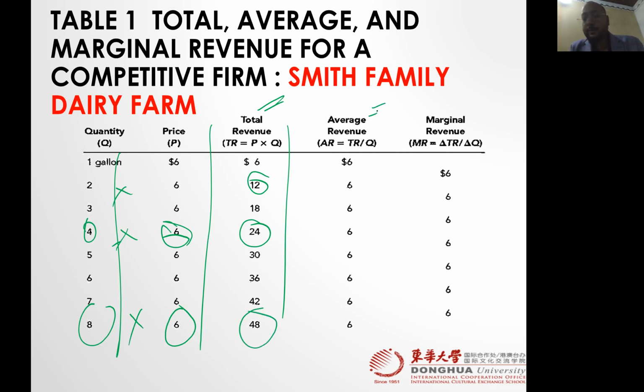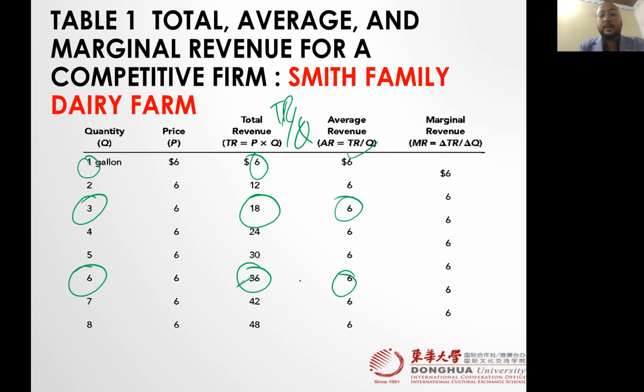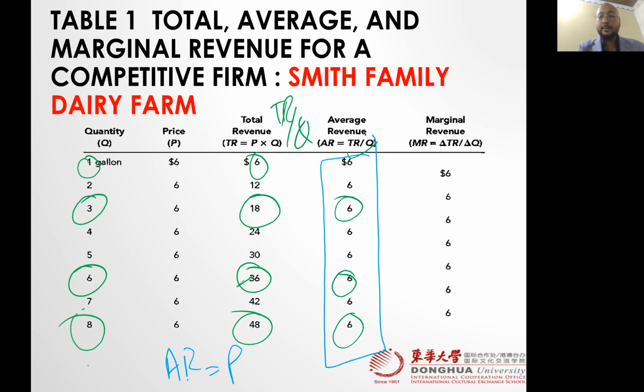How do we calculate the average revenue? Simple. Total revenue divided by quantity. 6 by 1, 6. 18 by 3, 6. 36 total revenue divided by quantity, 36 divided by 6, answer is 6. 48 by 8, answer is 6. So we have confirmed that in competition, average revenue is equal to price. You see that average revenue is 6, 6, 6, price is 6, 6, 6. All right, but is that equal to